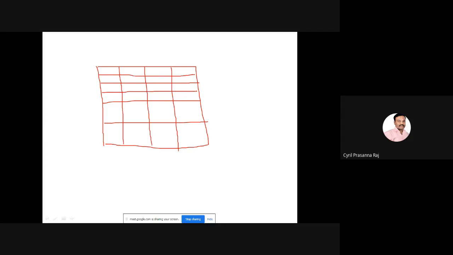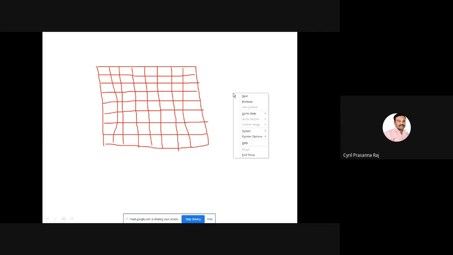I'll illustrate how that works. Your mask is 3x3, correct? So 3x3 means I'll take this part of the mask and place the mask here. Then after multiplying with the corresponding pixels in the background, I'll identify the value of the pixel here. That will be the first one.